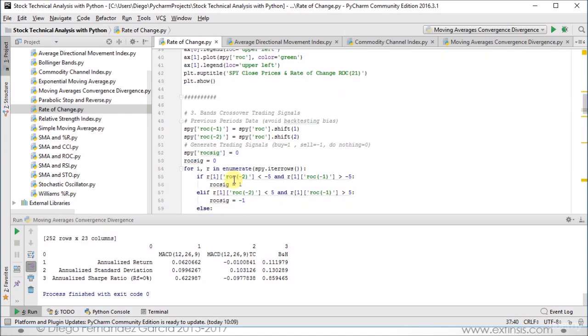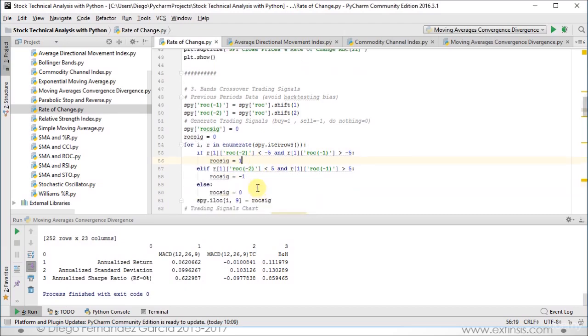our for loop. For this, we're going to ask if our second previous period's rate of change was less than -5 and the previous period rate of change is greater than -5, then we have a signal equal to 1, which is we buy. If not, we enter that second conditional, elif, nested within the original one, in